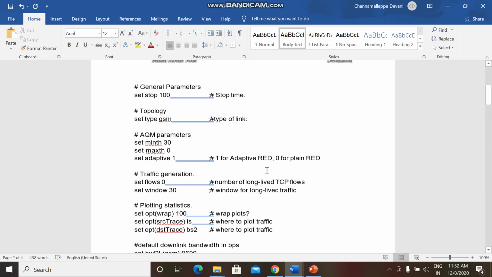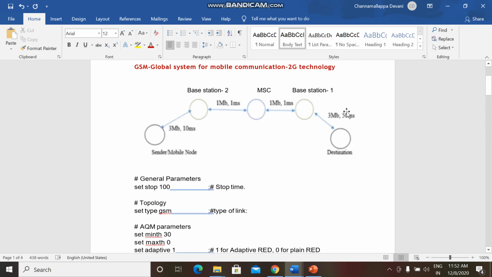Then once you establish a duplex link between the last point and the base station, we need to establish a duplex link between the base station 1 and mobile station, then mobile station and base station 2, and then base station 2 to initial source.